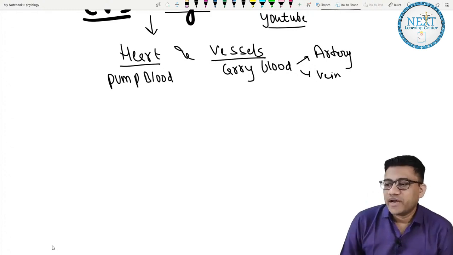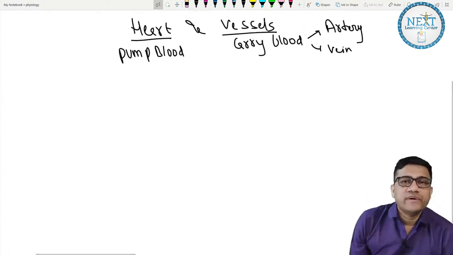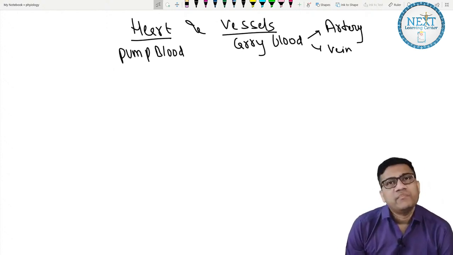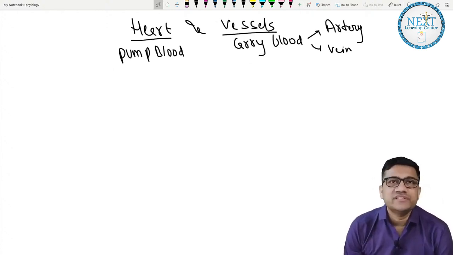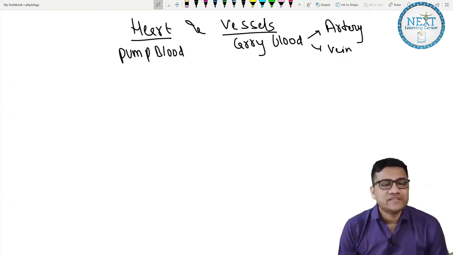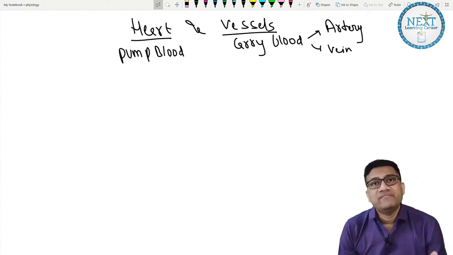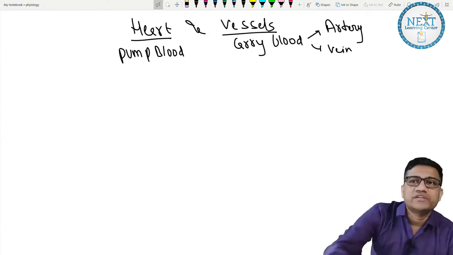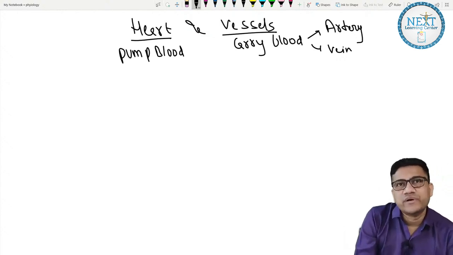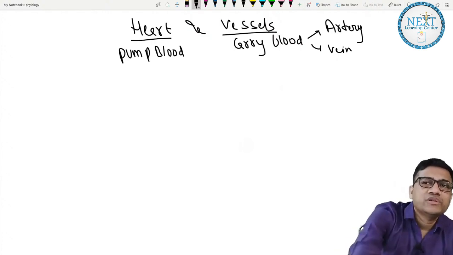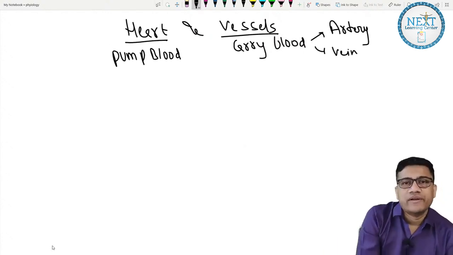Whenever I take medicine, again I will try to make people attend it. I cannot guarantee they will attend all the lectures, but yes, I will take free medicine revision towards the end, not now, in October I think, because right now the priority is to first get the result out, get the NB concession, whatever. Then we'll start the campaign for the December exam. That's why I will take free medicine revision, and if possible, whatever medicine classes I take in Bhatia Institute, I will make sure that you are attending them.